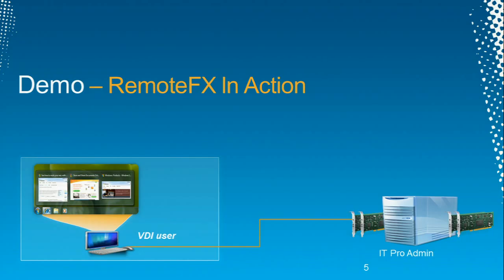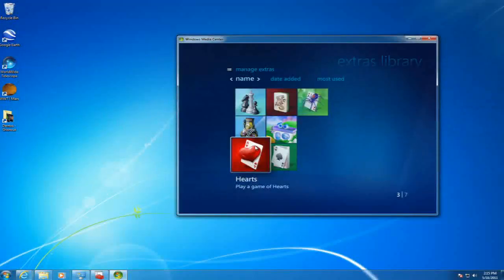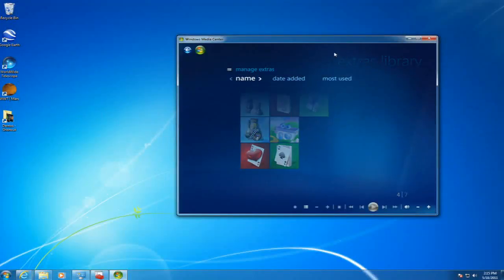And this is my server. It's very heavy, but it's a laptop and it's portable. It lets me do these kinds of demos here. But I have a RemoteFX VM. I'm just going to switch to that VM and let's see what the experience is like. So one of the things that I've done is I've already connected, and I have here just a simple